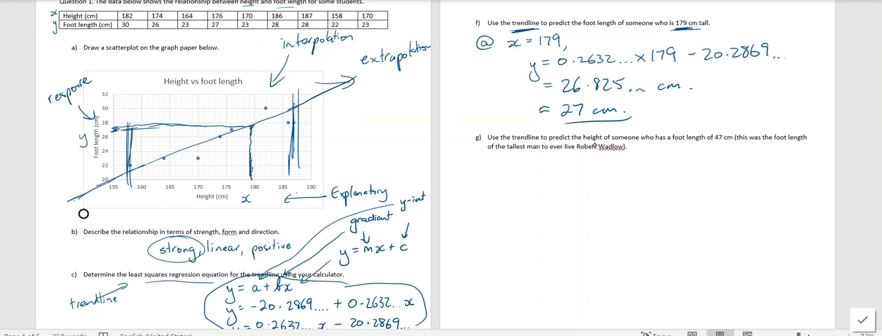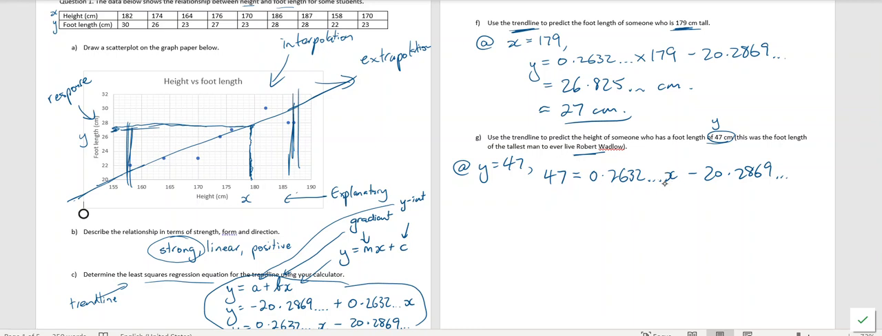Now the next one is to use the trend line to predict the height of someone who has a foot length of 47 centimetres. That's actually, I looked that up, the foot length of the tallest man who ever lived. Now what that's saying is that's a y value of 47. So we've got our equation y equals 0.2632, so on and so forth, x minus 20.2869. So we're saying at y equal to 47, we can rewrite that equation, but instead of writing y, we're going to put 47 in there, sub it in. And now we've got an equation that we've got to solve, and we solve by looking at x,